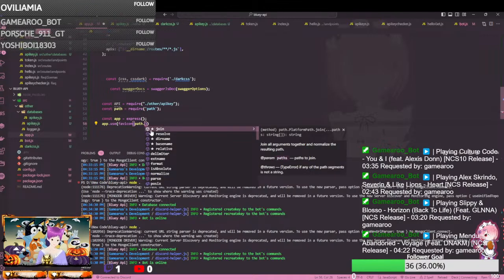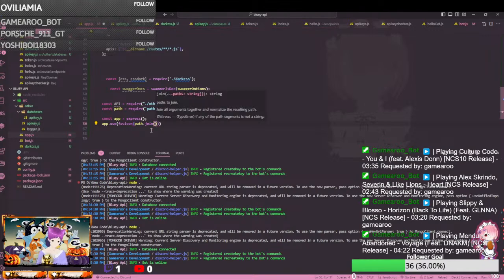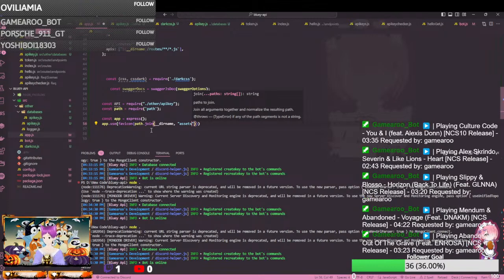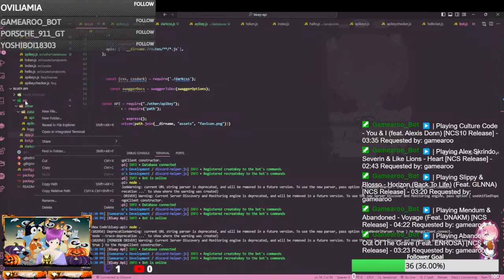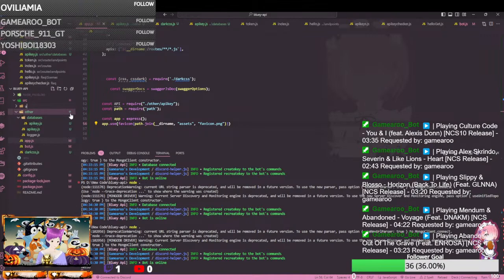So we're going to do path.join, directory name, assets, and favicon.png. Now it's going to say that is completely incorrect, because it kind of is. So what we're going to do is assets,